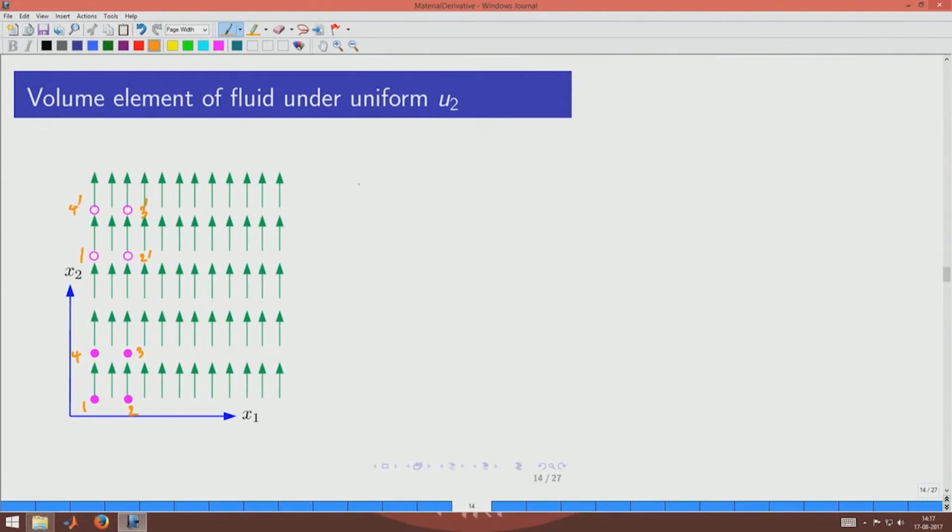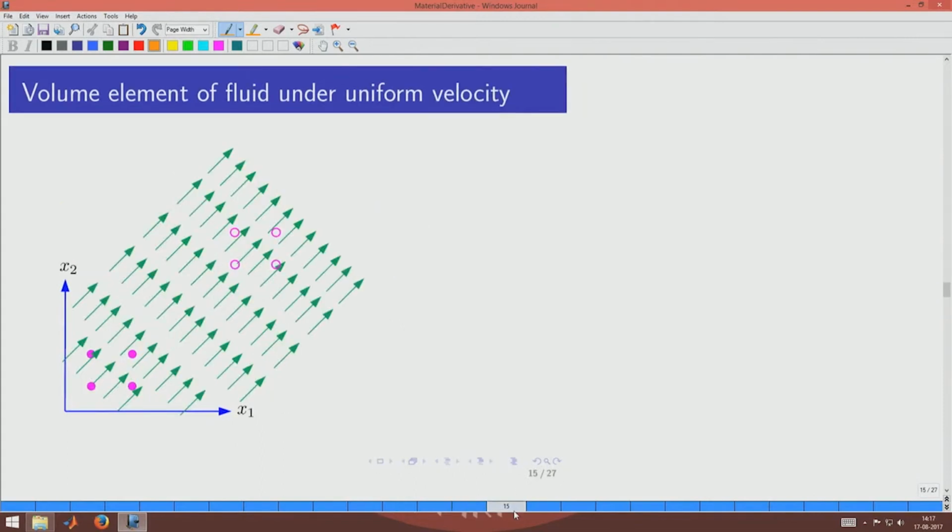And in the vertical shift, this distance shift is given by u2 into delta t, that is the amount of shift from 1 to 1 prime, 2 to 2 prime, 3 to 3 prime, and 4 to 4 prime respectively. So, if you see a volume element of liquid, then its shape will again not change, it will only get shifted in the y direction or x2 direction by a certain amount which is given by this. You can also see that it is true for any arbitrary velocities as long as all the 3 components are the same,